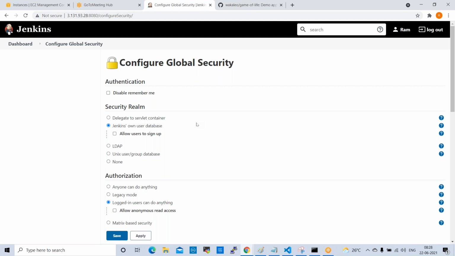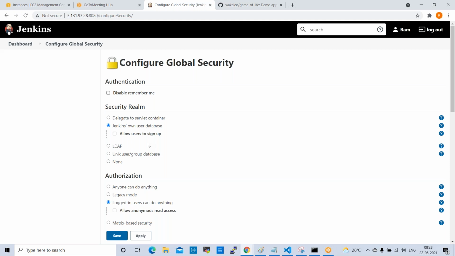Every organization will have some LDAP users, right? What is LDAP? When we join a project, we get one user, that is an LDAP user. In the backend there will be an LDAP server, which the exchange team maintains, and users will be created in it.